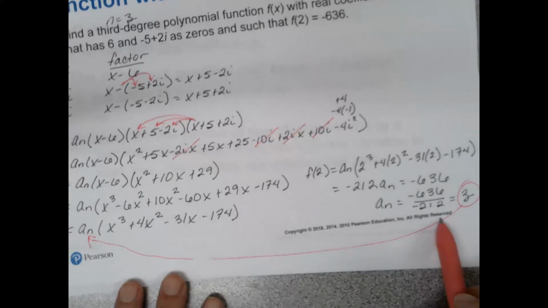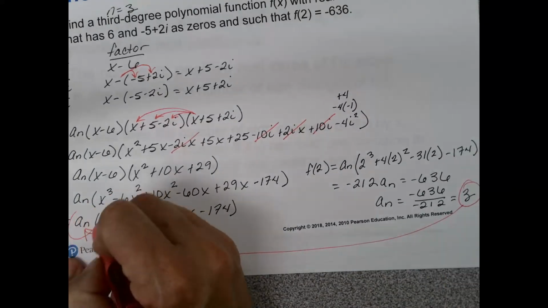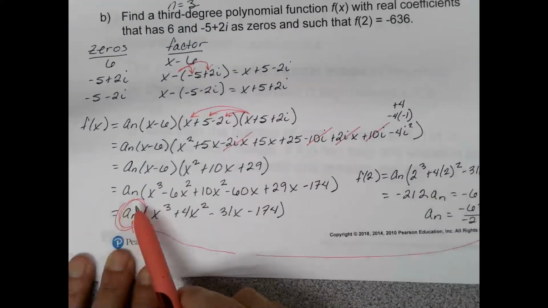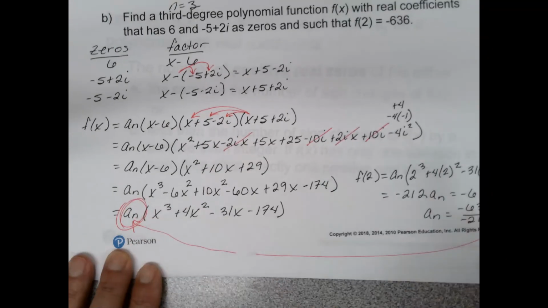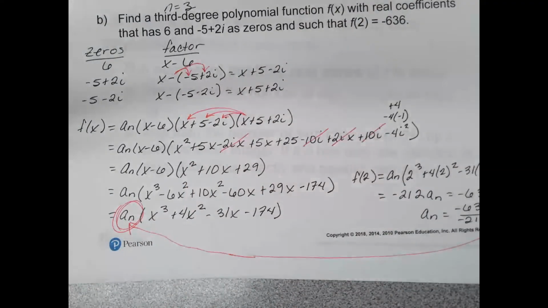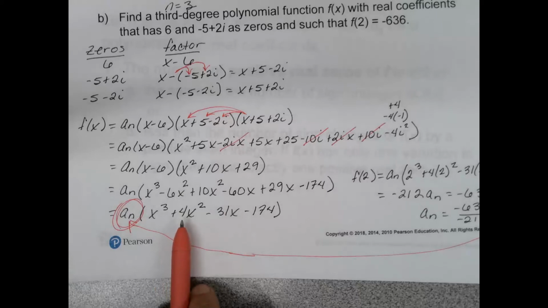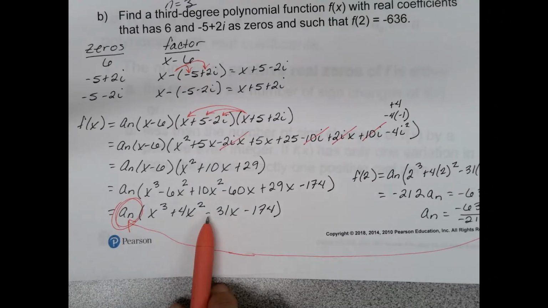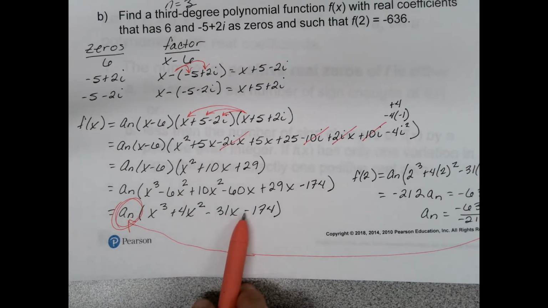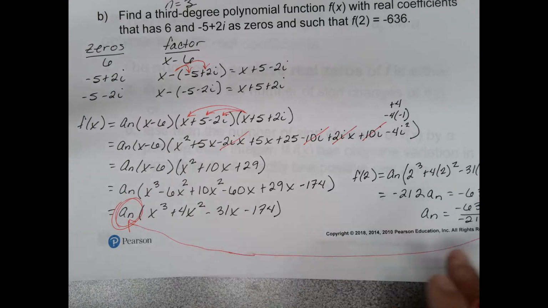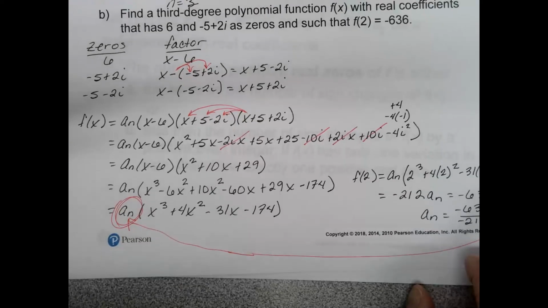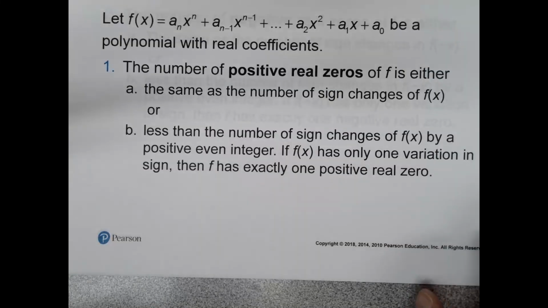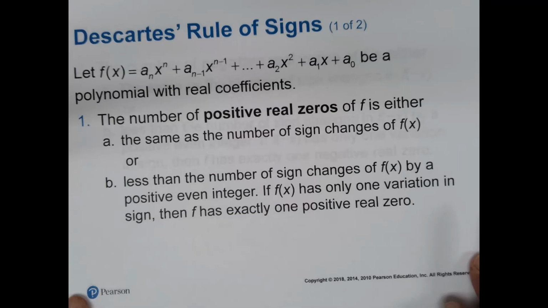This right here. So we found a sub n. I'm saying just plug in 3. Right there, yeah. The angle was kind of bad. So you'd get 3x cubed plus 12x squared minus 93x and then minus 174 times 3, whatever that is. Okay? All right. Then we still have one last